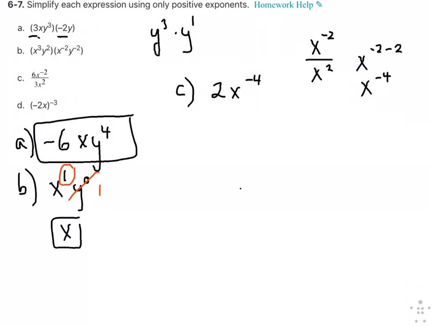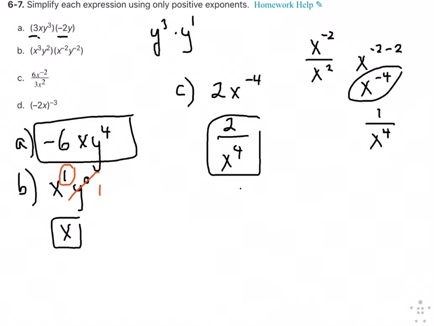Now, we have to make sure they're simplified, right? So negative exponents is not simplified. So let's remember what x to the negative 4 is. X to the negative 4 is the same as 1 over x to the 4, right? So for C, we would have 2 over x to the positive 4. Okay? Now for D,